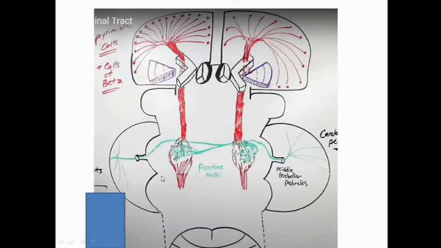So this goes to the pontine region. So there are pontine nuclei. As you can see, they have their nuclei and this peduncle with the cerebellum. So the cerebellum, with the help of the middle cerebellar peduncle and this cortical fiber, they spread over this pontine nuclei.